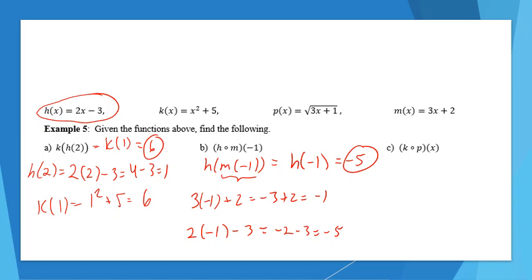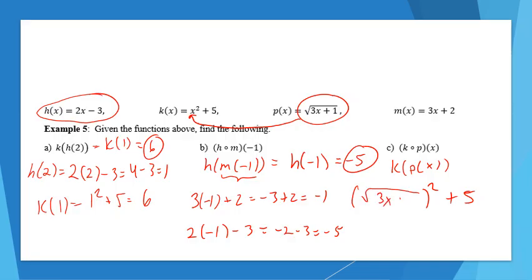Should be our answer for part B. And then part C, what is k of p of x? This is where we're going to take p of x, and we're going to plug it in for x in k. So this would typically be x squared plus 5, but instead of x, we're plugging in root 3x plus 1